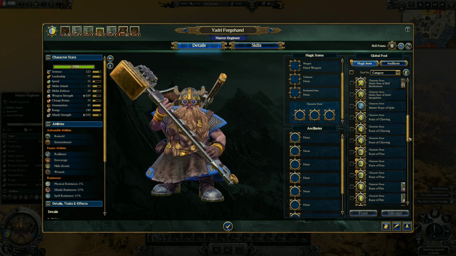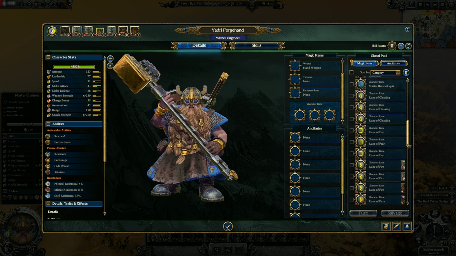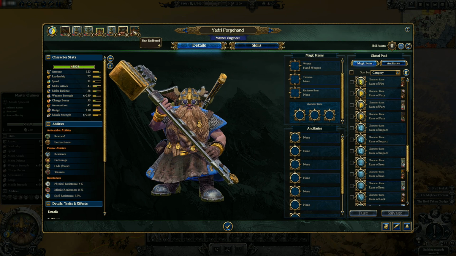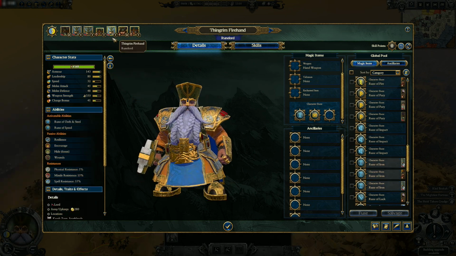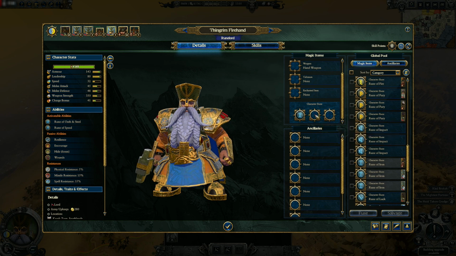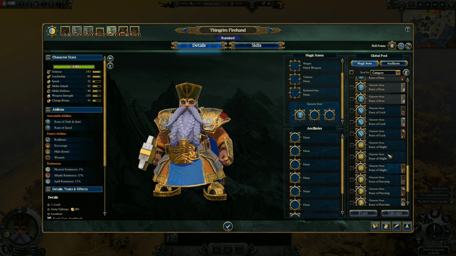I'm not going to give the Master Engineers any runes just yet because I don't really want them to be in melee combat. Alright, let's go ahead and give it to, where? Right here, you. You're the one I just recruited. The armor's fine. The bonus versus large, I'm going to dump that for the moment. And I'm going to give it to... I'm going to give him...